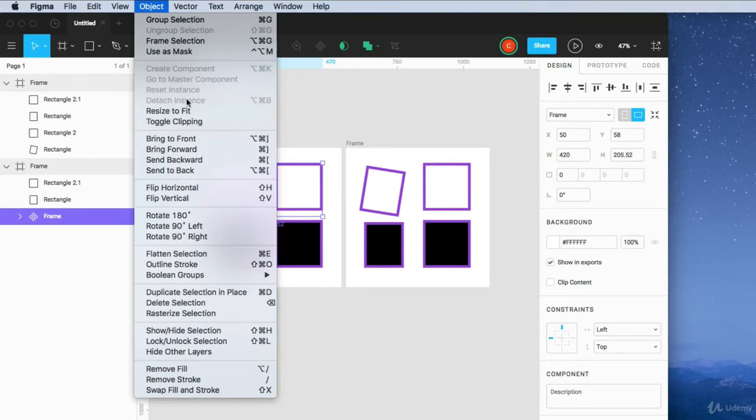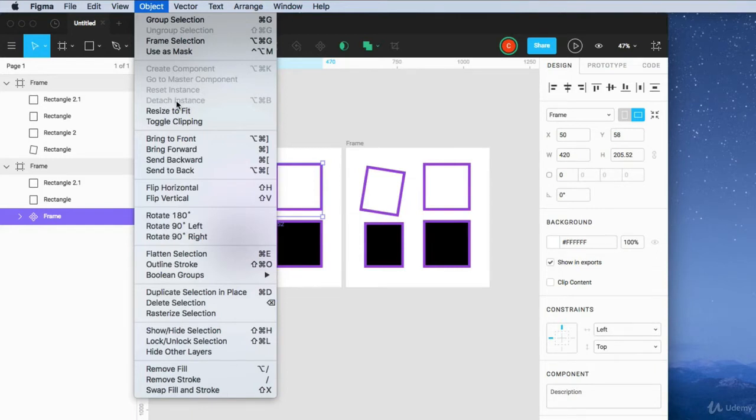Next, let's say you have a master component and a few child components. And one of the child components, you want to be able to edit the size and the stroke and everything, and you don't want it to be affected by the master component. You can always detach this and convert it back into a frame where it's not a component by detaching this